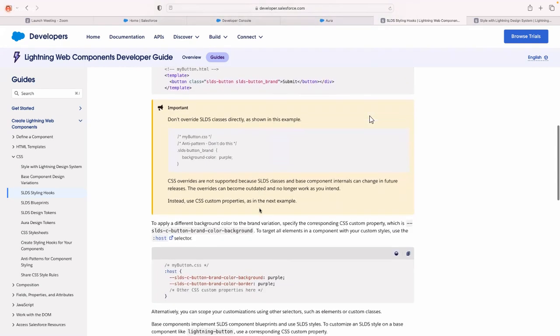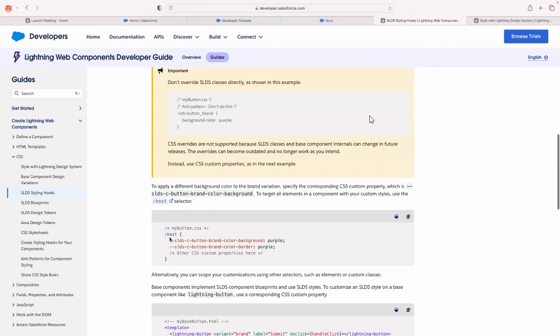For example, we apply a different background color to the brand variation by specifying the corresponding custom property, which is SLDS button brand color background. Okay, so if